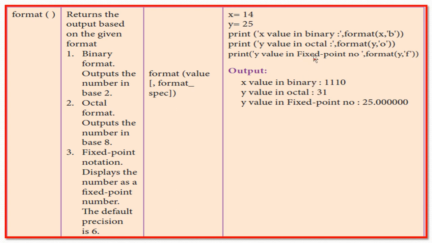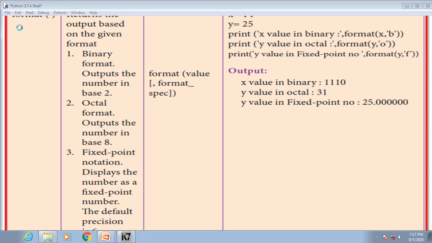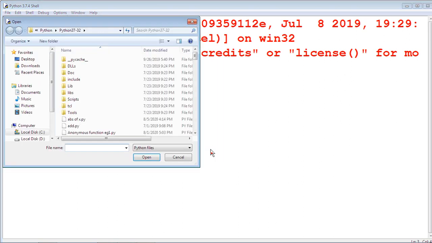And last and final, fixed point notation, y comma f. It returns the y value in terms of floating point notation. Default precision is 6 digits. We are going to see this example in the IDLE window, open the format function.